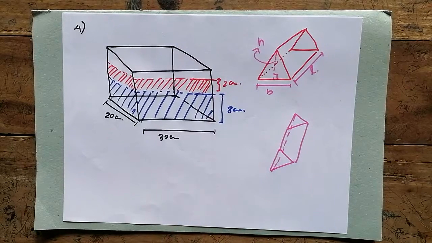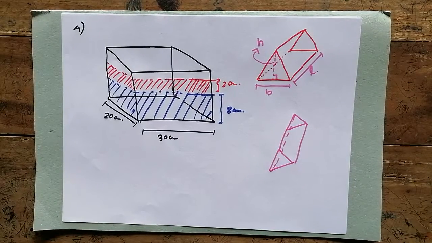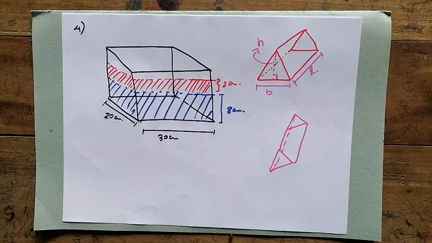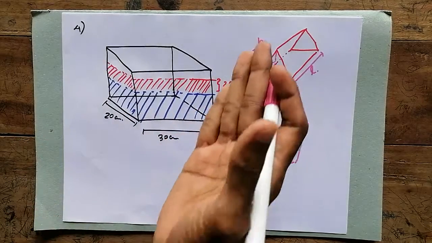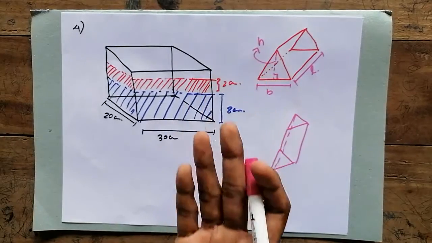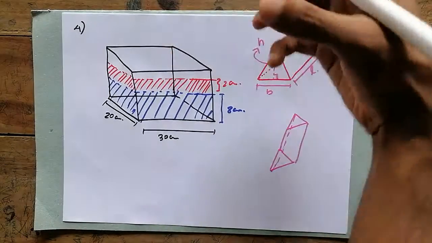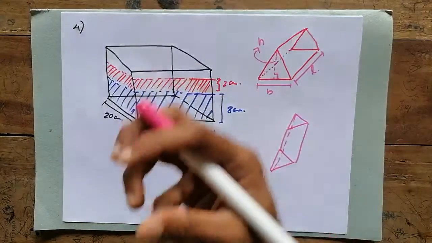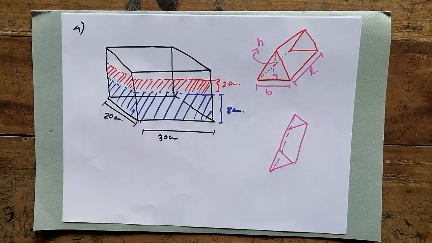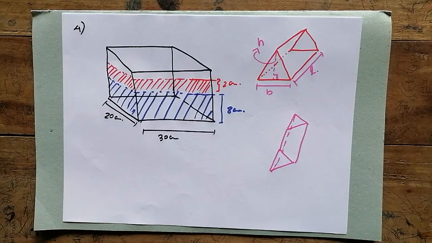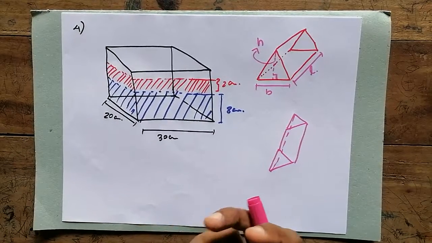Do you get the point? Okay, right, we'll go for the question. The 8 centimeter height of water rises up by 2 centimeter. So when the water level is rising up, if you put any solid item into the water, what are they going to put? A right triangular prism. Right triangular prism means it's a